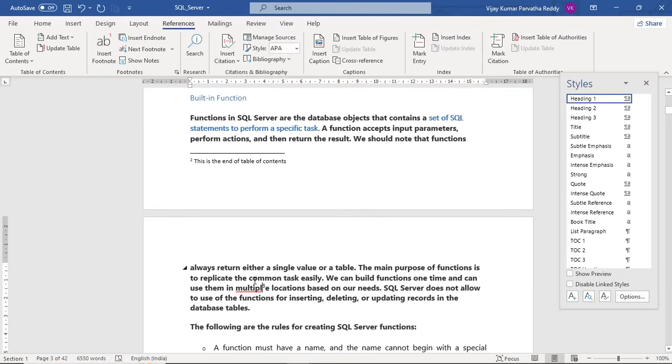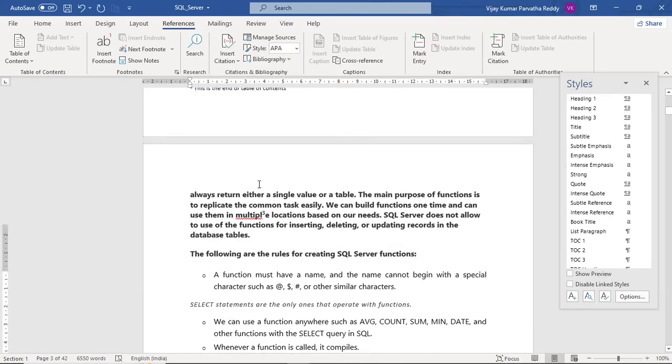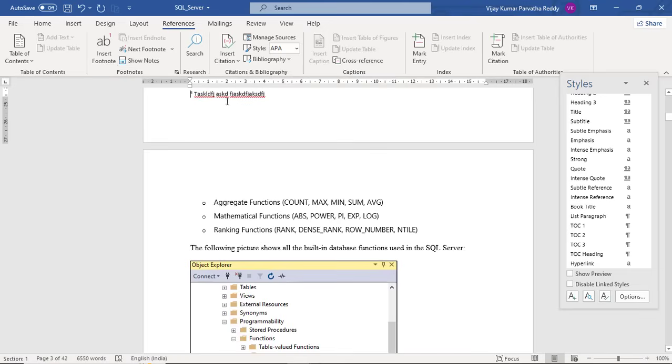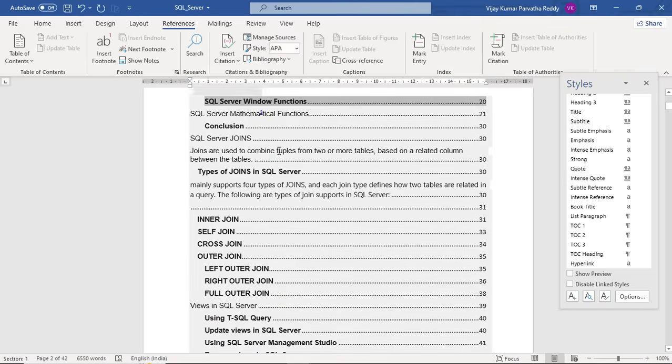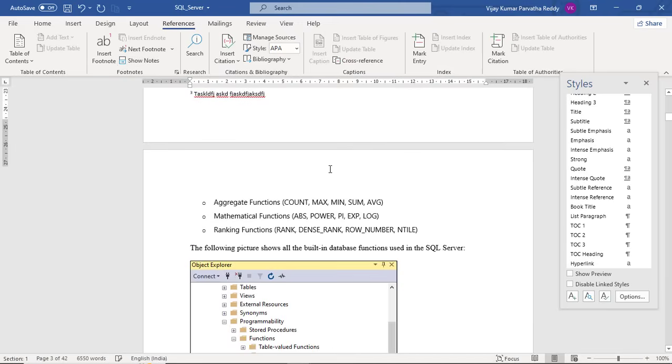And you can use Show Notes. Directly it goes to the notes area of that page. Suppose I am here, and I want to show the notes of that page, automatically it goes to that page's notes area, the footnote area. Here, Show Notes.